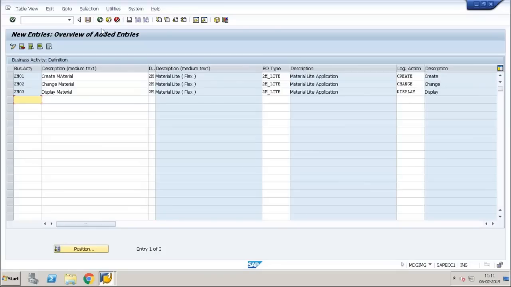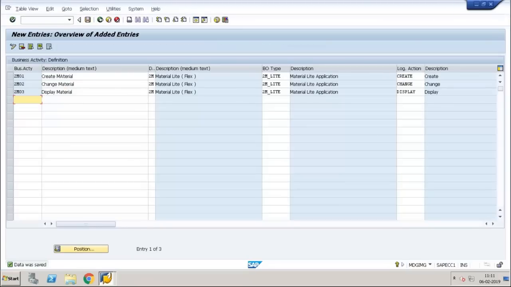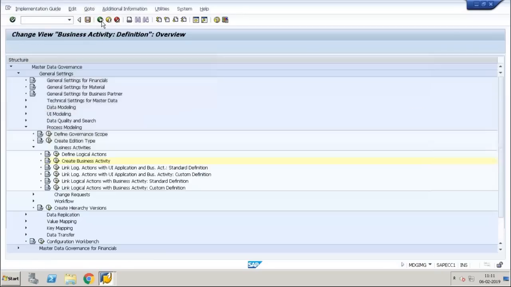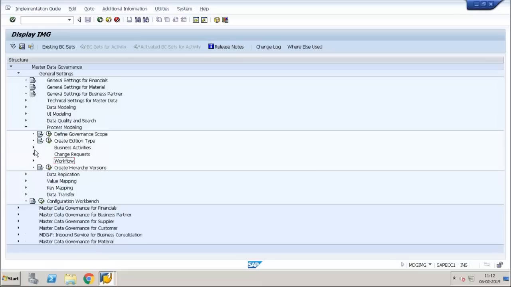Right, I got 3 business activities which are created. Now immediately after that I need to actually assign a UI for my custom solution, but right now UI is not our focus. We did not complete our UI modeling. So we will be parking these 2 nodes. After the UI modeling we'll come back to this place. Right now our focus is on